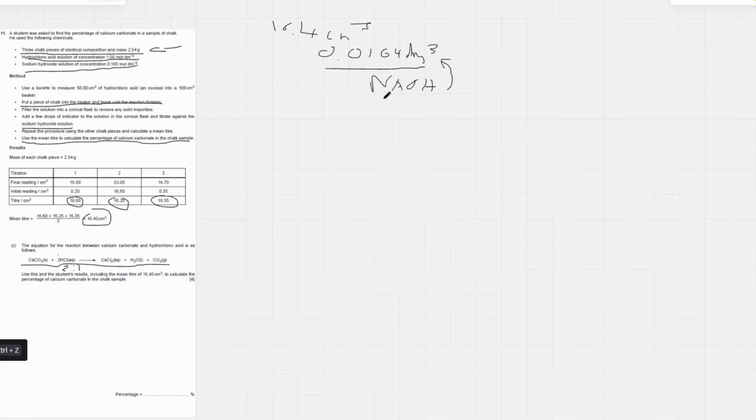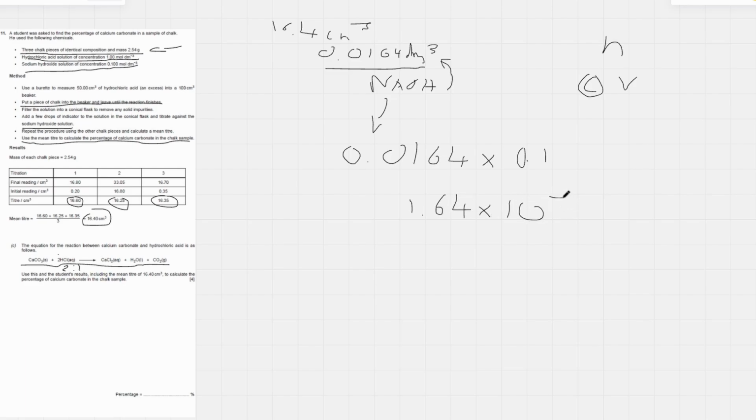And so we need to work out the moles of NaOH, which would be the CNV, so CNV, like that, so 0.0164 times the concentration of NaOH, which is 0.1. So we have 1.64 times 10 to the minus 3 moles